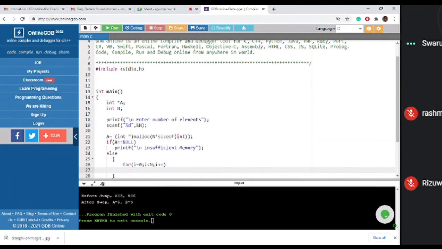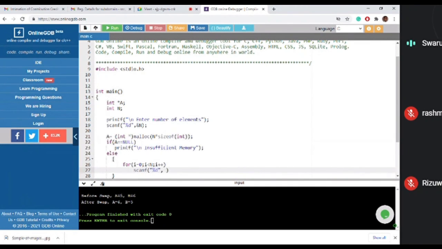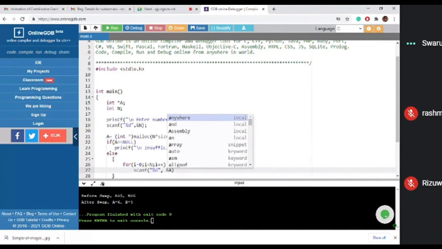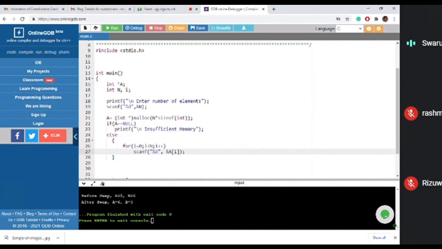So scanf %d, &a[i]. Yeah, we have to declare. No, declare. Write everything in a single line. All the declaration you can do in a single line. अच्छा इसको स्कैन कर लिया और इसको प्रिंट करेंगे.